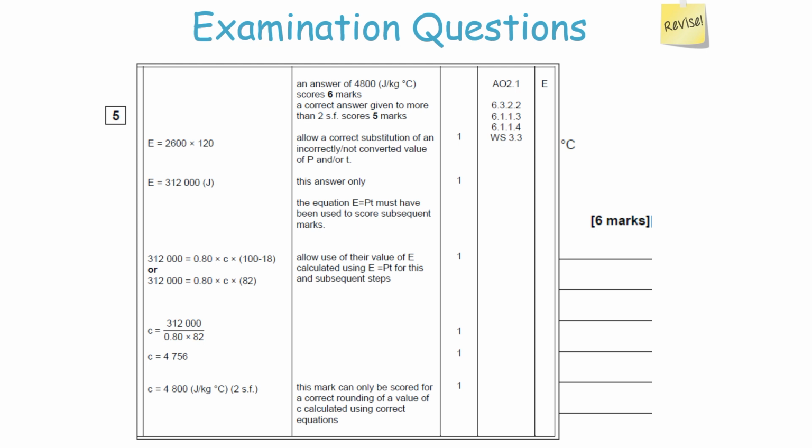We then substitute the values directly into the equation, so it's 312,000 equals 0.80 times C times 82. We then rearrange it, make C the subject, and we get 4,756. But it wants it to two significant figures. So you do 4,800. Why is that? Well, you're going to have 4 digits in there because there are 4 digits before the decimal point, but only the first two go into significant figures, so it's 4 and 8, because 4,756 rounds to